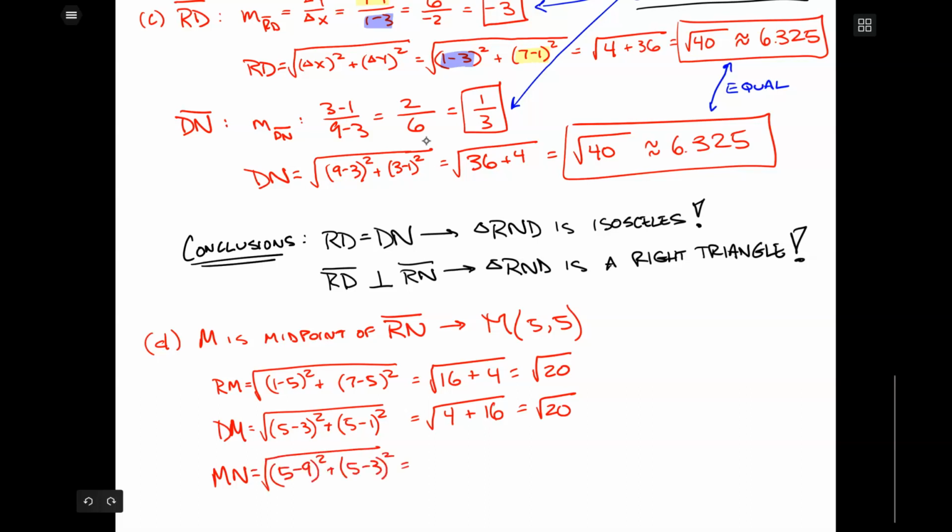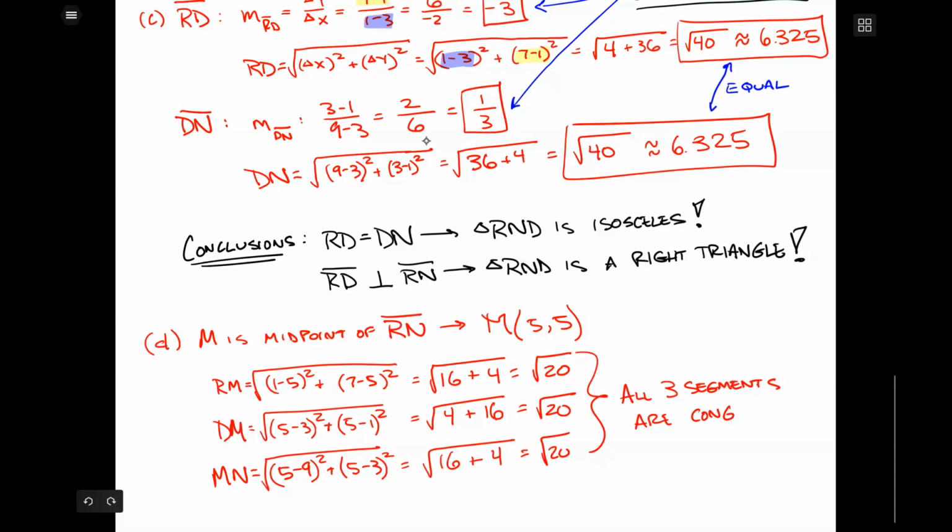5 minus 9 is 4. Square that, we get 16. 5 minus 3 is 2. We square that, we get 4. Oh, look at that. We get root 20 again. Conclusion, all three segments